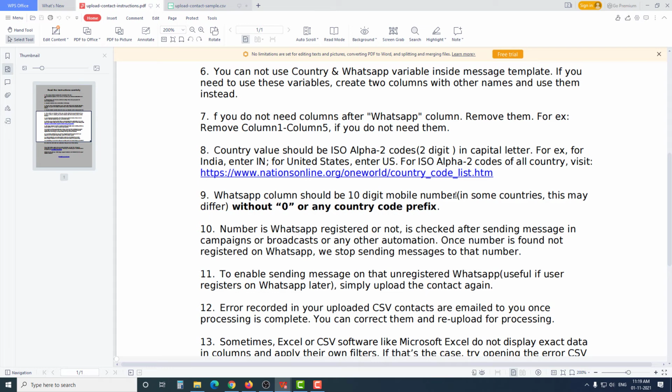You should avoid that, and you should avoid adding 0 also. So just the 10-digit mobile number, without any 0 or country code prefix. And if you live in a country with 11-digit or 12-digit mobile numbers, just make sure you add those numbers only, without 0 or any code prefix.